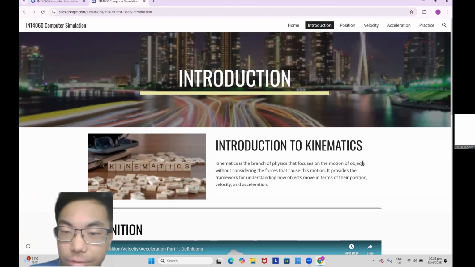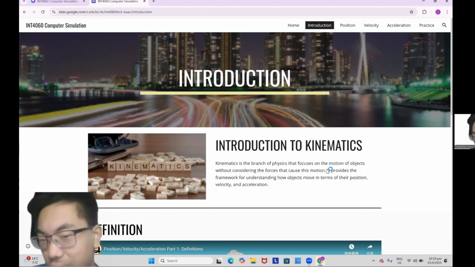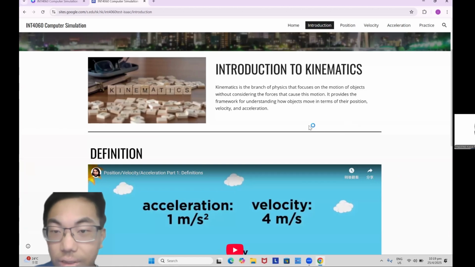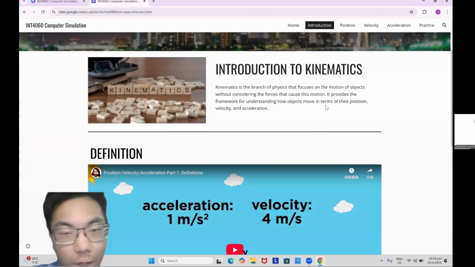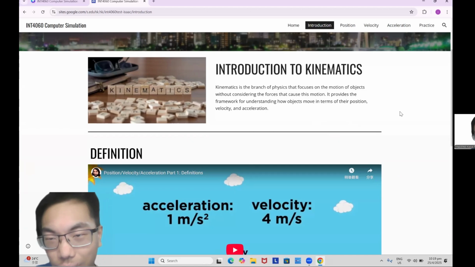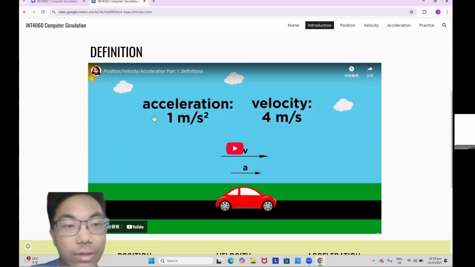The introduction to kinematics, which is a branch of the physics subjects and focuses on the motion of the object without considering the force causing the motions. And it provides a framework for the student to understand how the object moves in terms of their positions, velocities, and accelerations. And I embedded the YouTube video, the definitions of these